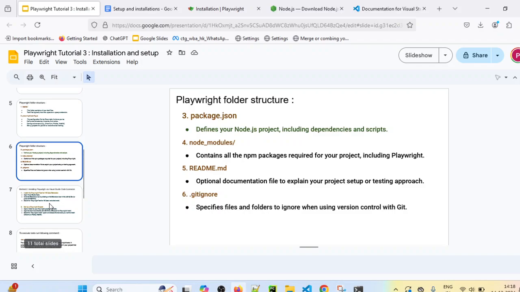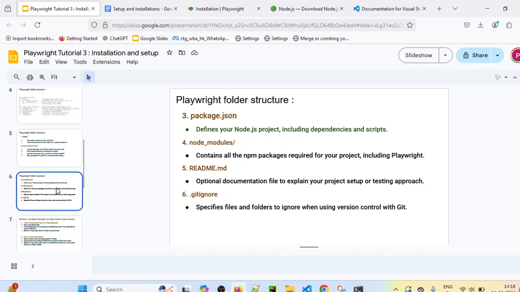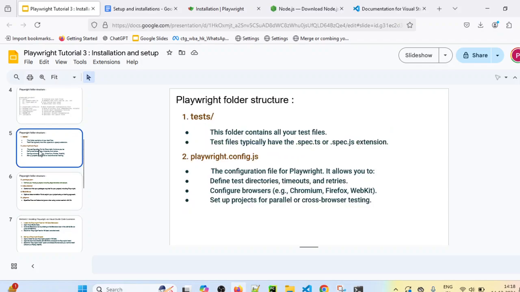So this is the high level architecture, the high level folder structure of Playwright. Once you install Playwright in your project, this is the high level project structure which is there. Most important is the test folder, because the test folder will contain all of the test files. The extension can be .spec.js if it's JavaScript, or if you are using TypeScript, then it will be